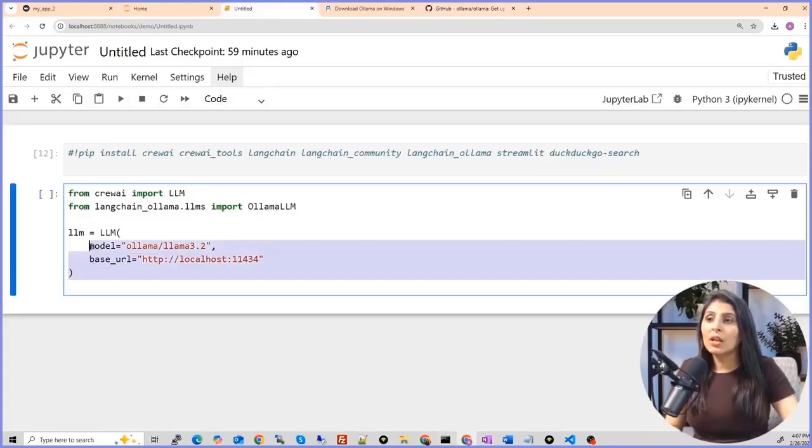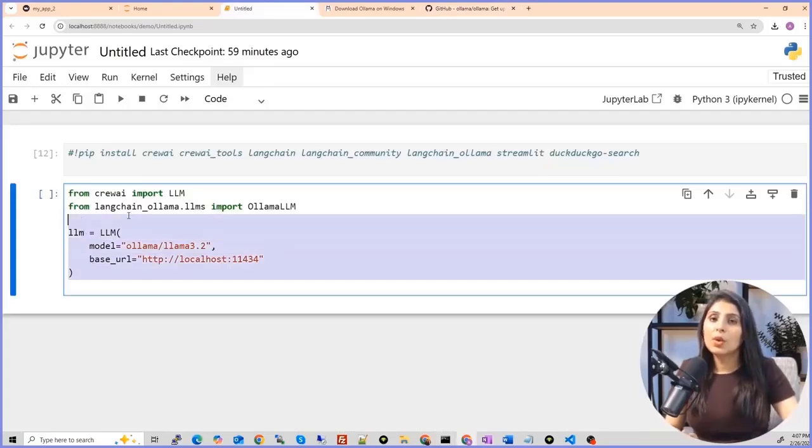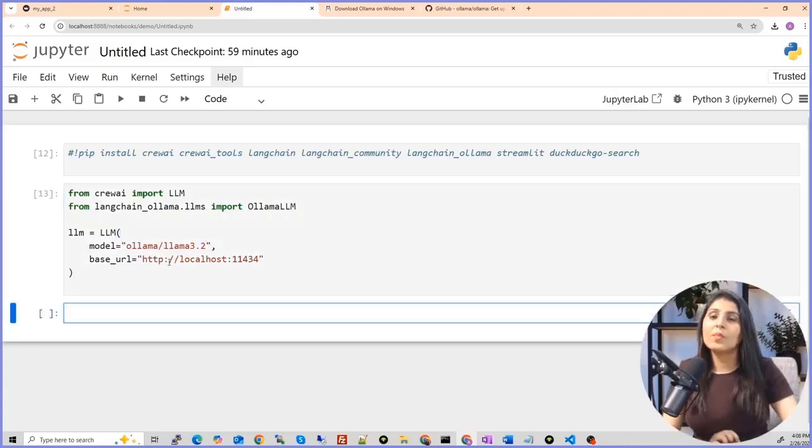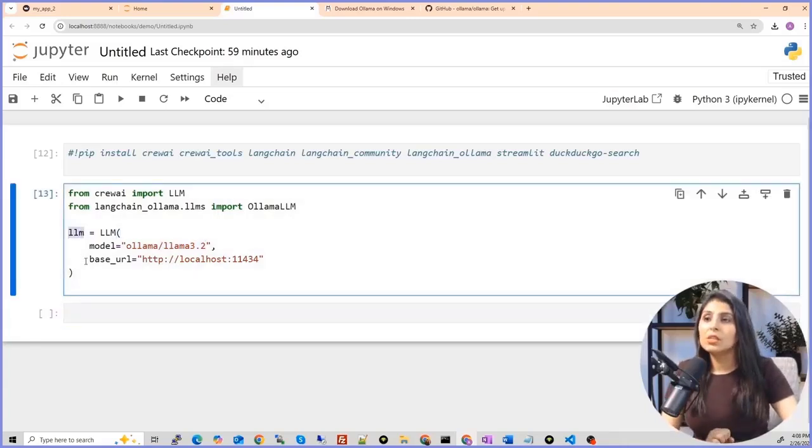After that, using this line, you can use the LLM. We don't need any kind of API key. You just import LLM from Crew AI and import Ollama LLM, provide the name of the LLM which you want to use from Ollama, and then your LLM is ready. Now in this variable you have your LLM. Next thing is